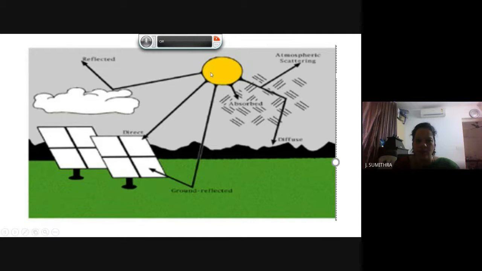So this is the difference between direct and diffuse radiation. In direct radiation, the direction of its path remains unchanged, whereas in diffuse radiation, the direction is changed due to absorption, reflection, and scattering phenomena. Clear? And then coming to global radiation, this is nothing but the sum of the direct and the diffuse radiation. As I already mentioned, the two components are direct or beam radiation, which means unchanged in direction, and diffuse, which means the direction is changed by scattering and reflection. And finally, the global radiation becomes the sum of the beam and the diffuse radiation.